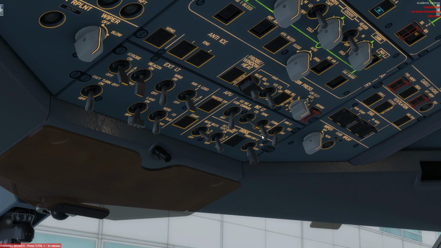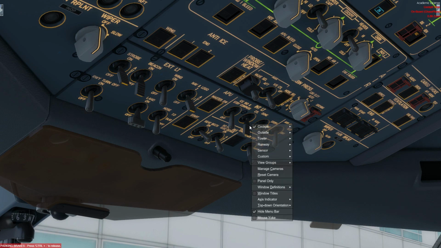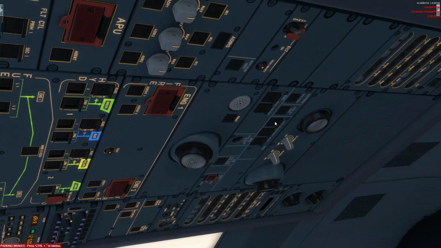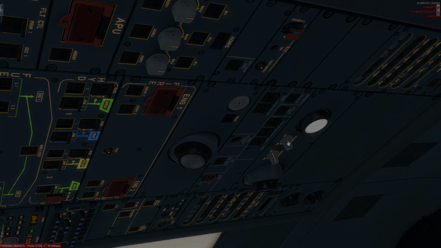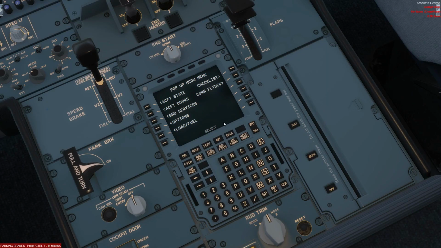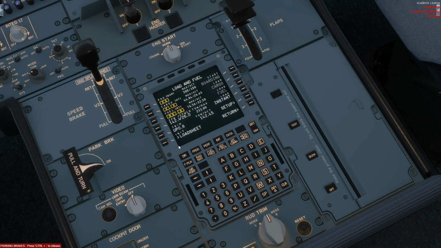You have storm options, you have bright, you have dim. You also have some central lights there as well. And you also have some reading lights as well. There we go. Now, one of the things that I really do like about the Aerosoft A330 is that you